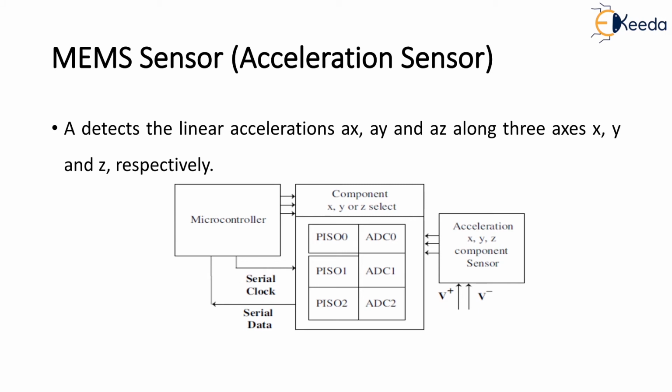So here the SparkFun ADXL335 is a readily available accelerometer sensor. The accelerometer is given an input supply at the positive and negative supply, that is the ground potential terminals, and it generates 3 outputs Vx, Vy and Vz as a function of time. So the computation gives Ax, Ay and Az.